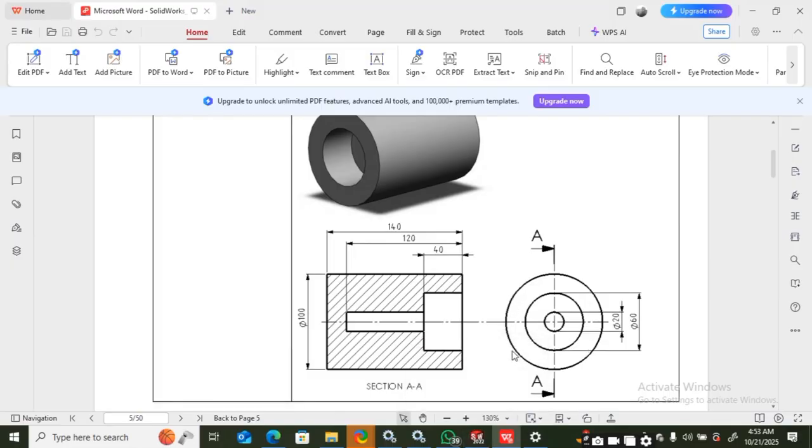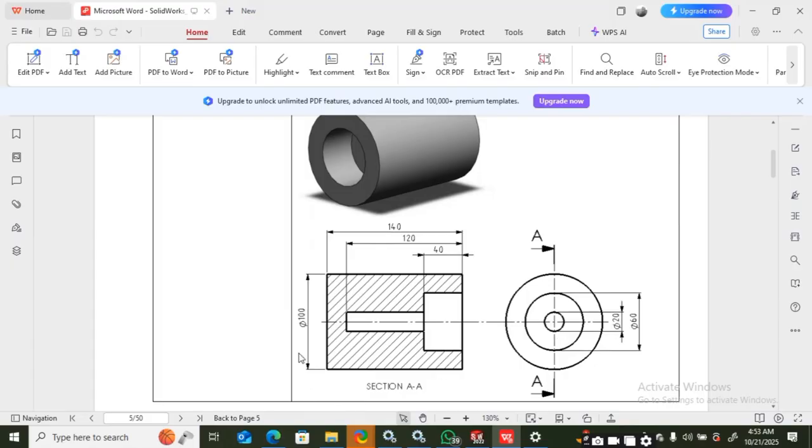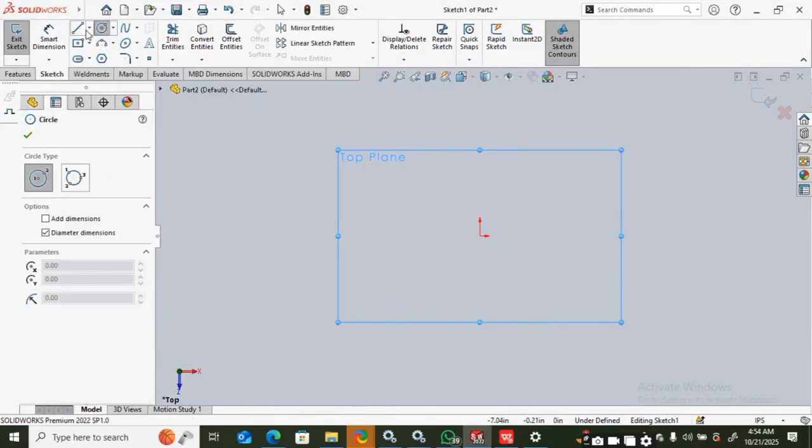So we're going to do this, and let's see how it's going to look like. Now from our first task, we're going to draw a circle, and in this circle you could see that the dimension is 100 millimeter, and the distance from here to here is 140 millimeter. So we're going to draw it, and let's see how it's going to look like. So now you draw a circle,